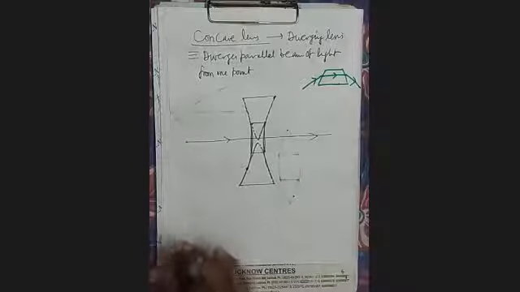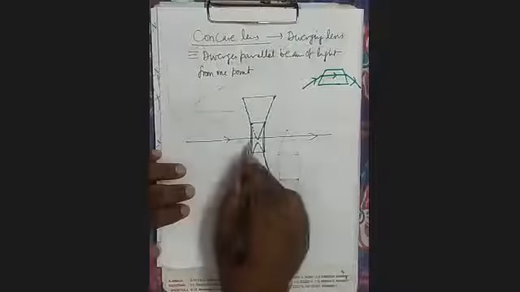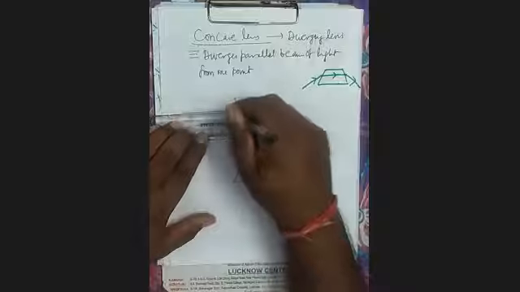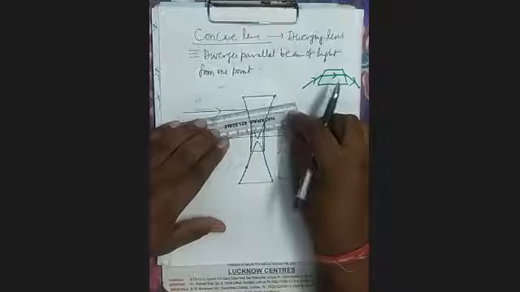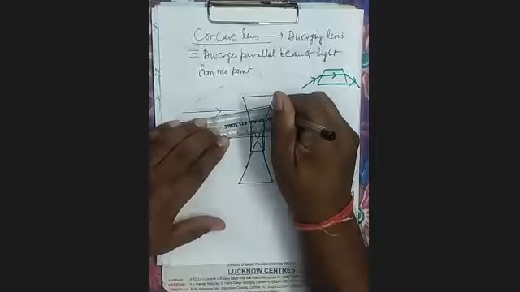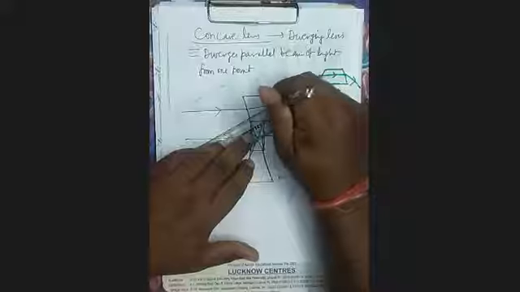So you can see here a ray of light which falls upon here. It will pass undeviated. Another ray falls upon this part of the prism, which is kept upside down. The prism is placed upside down. Its base is this. So after suffering refraction, what will happen? It will go like this. It is going in this direction. It is going like this.